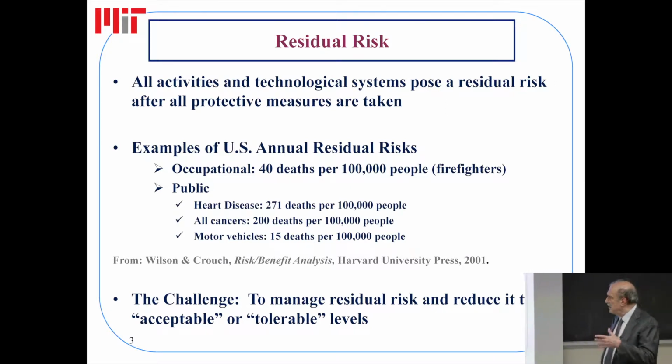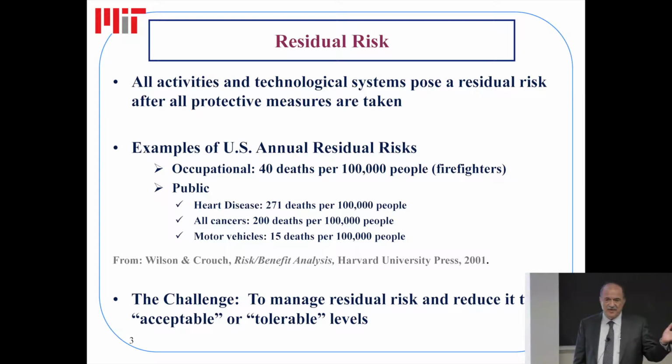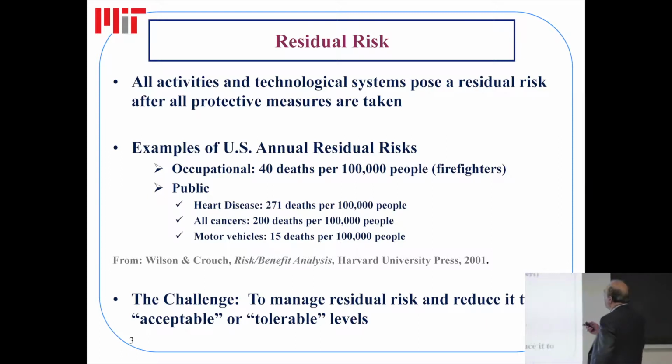And I've had many opportunities to visit Japan, for example, and such a concept is very foreign there. They don't think in terms of risk or probabilities or uncertainty. So it's important to realize that all activities and technological systems pose a residual risk. And here I have some examples. They're a little dated, but